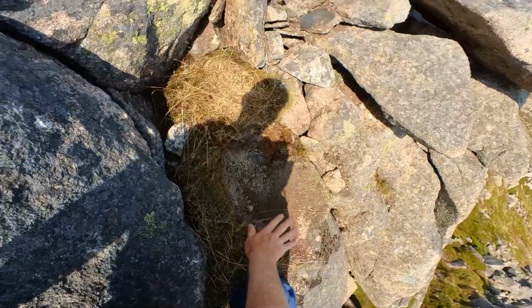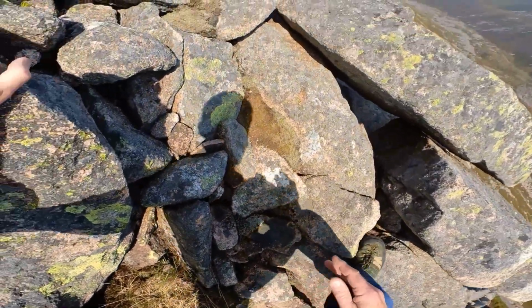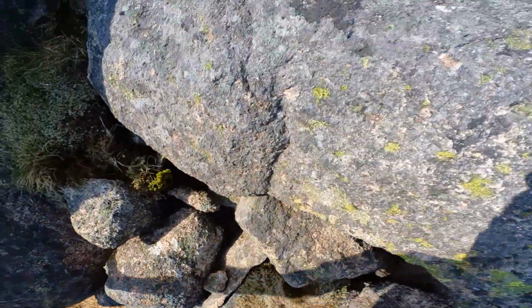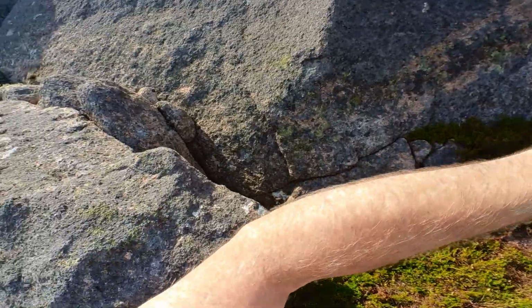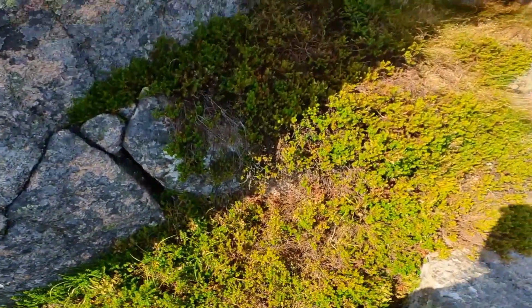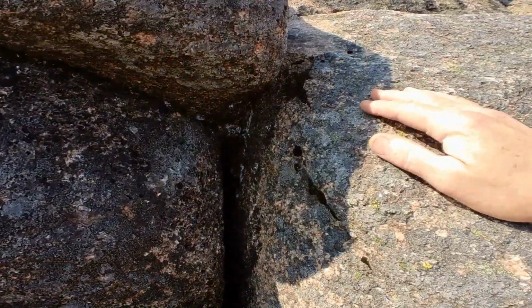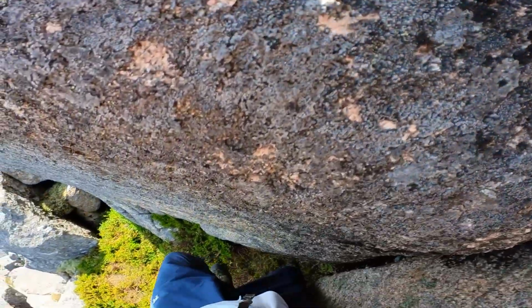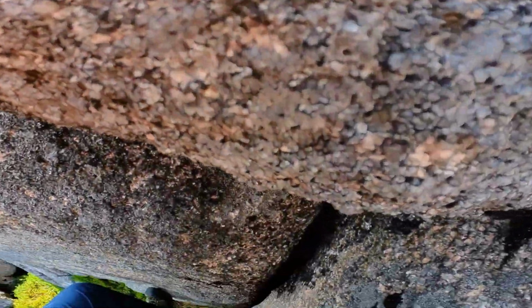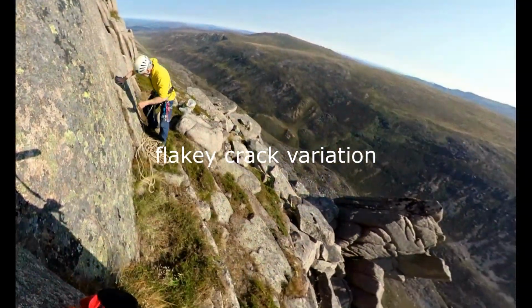Again, there were loose blocks here which I've removed. This bit you've got to be really careful with the blocks here. Just make sure nothing moves. And the original winter line, we went up there, which probably does as well. It's a one move wonder, but it's actually quite a bold move. So fingers in here, and a good hold there, and then feet, smearing with the feet, the crampons. Good. And that's the